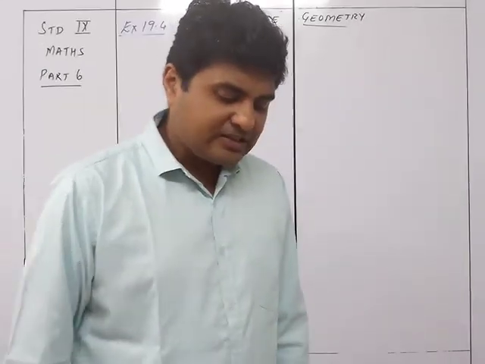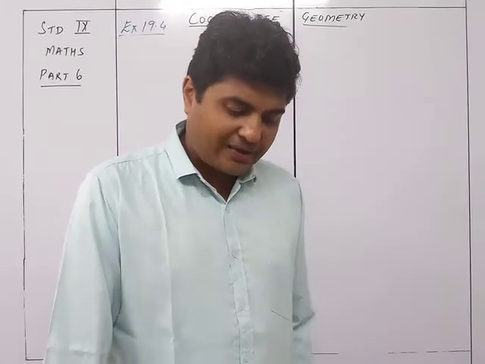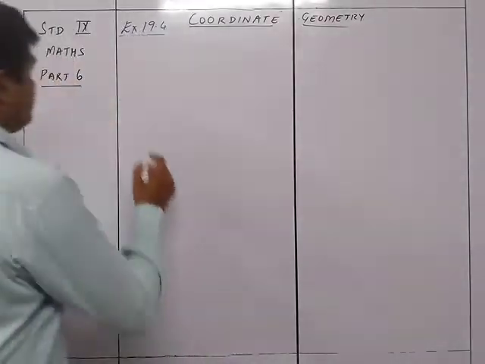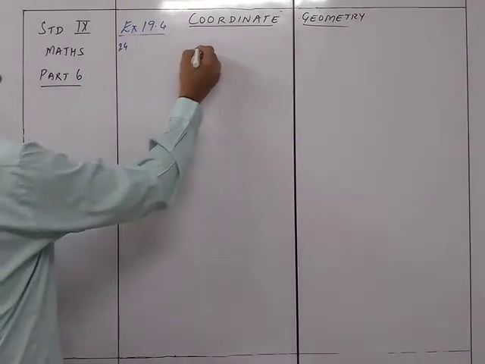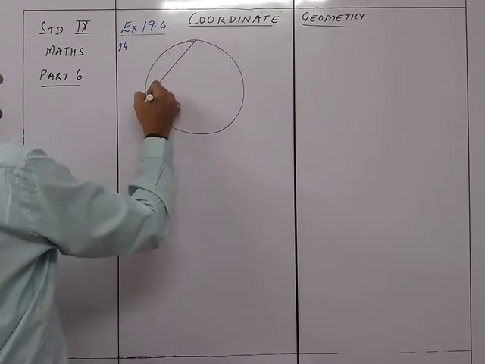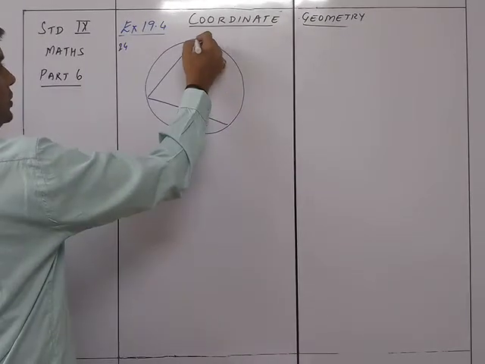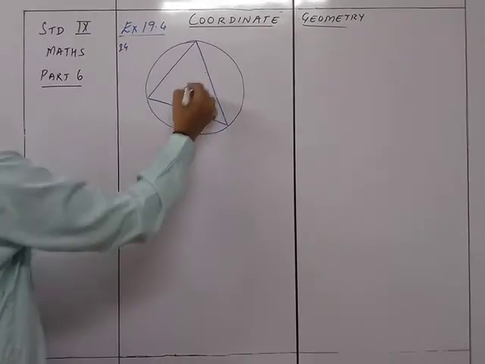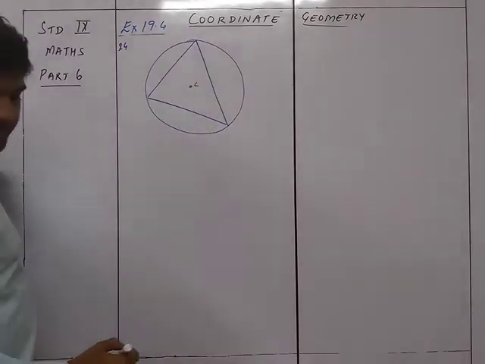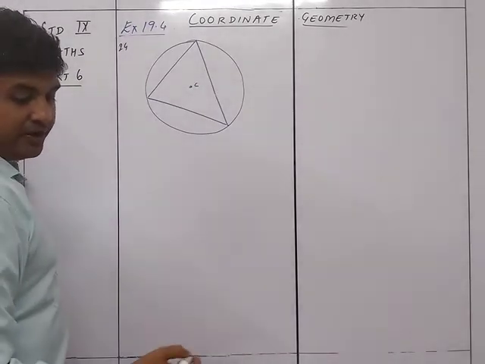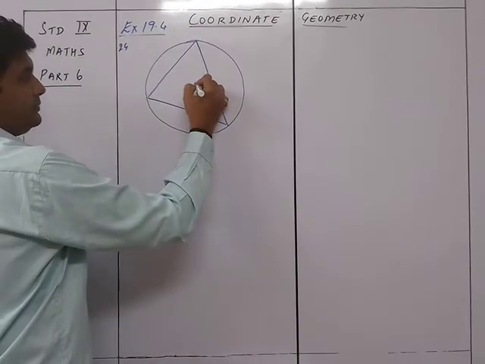Find the coordinates of the circumcenter of a triangle whose vertices are... Okay. What do you mean by circumcenter of a triangle? It is this way, that there is this circle and the circle is a circumcircle to a triangle whose center is C over here, and we need to find out the coordinates of C, that is x comma y.